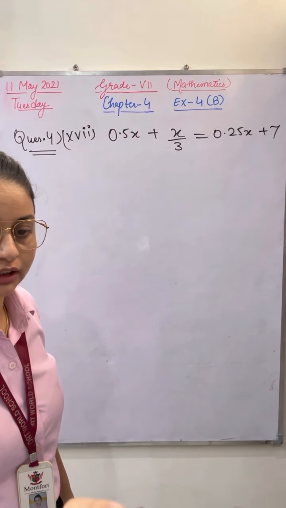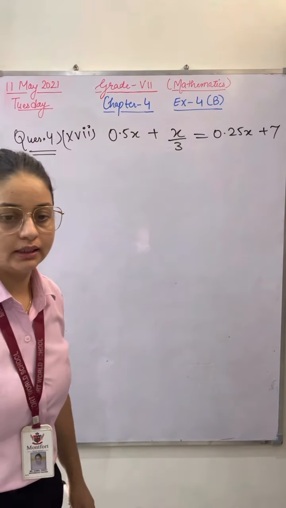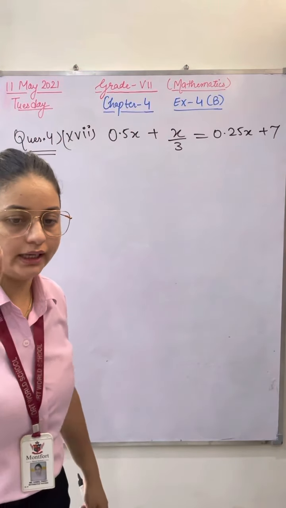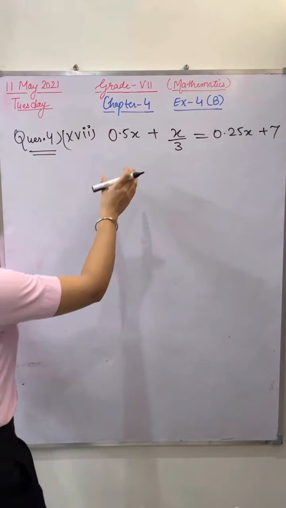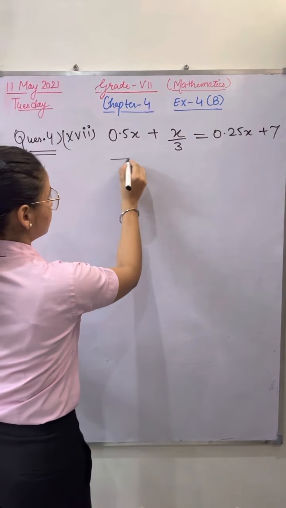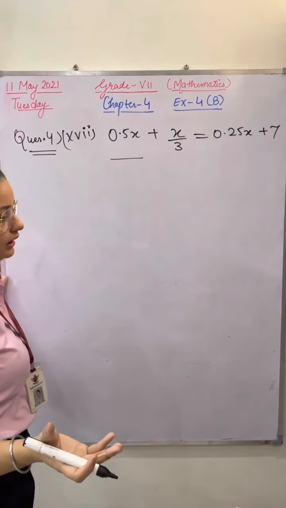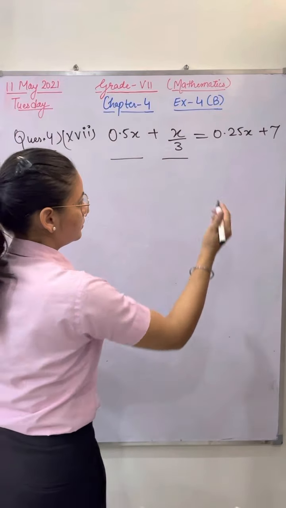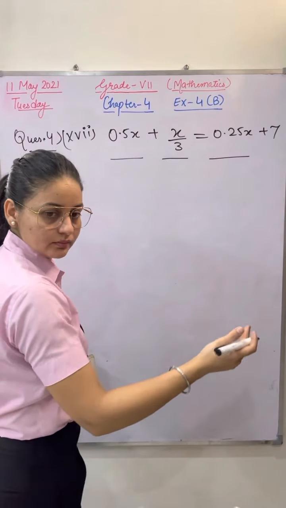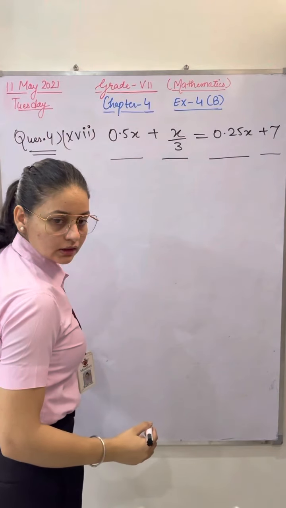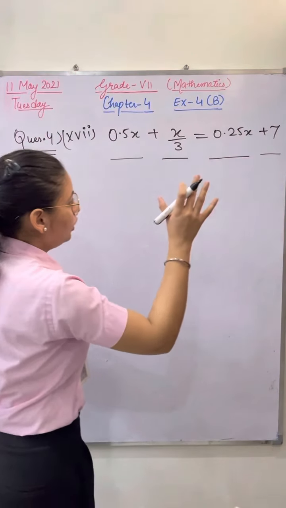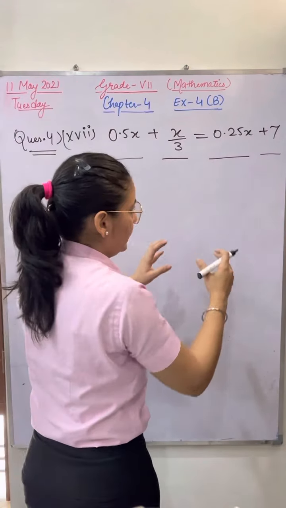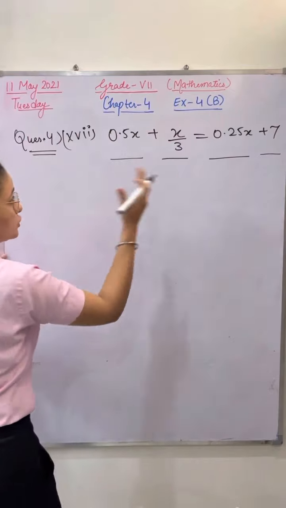Okay, come on the mic, Koshin. Unmute yourself. Very good morning. Koshin, please tell me, is this term a constant or a variable? Variable. Very good. This term? Variable. This term? Variable. And this is a constant. The rule is that all the variables should be on the left hand side and all the constants on the right hand side. So which method will you apply first here? Which value do you want to shift?